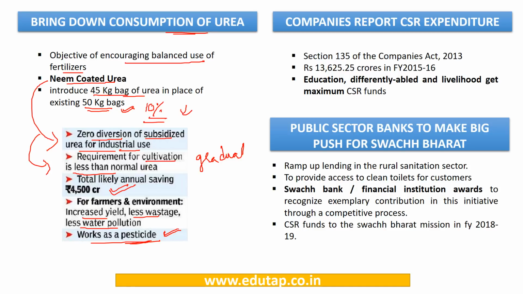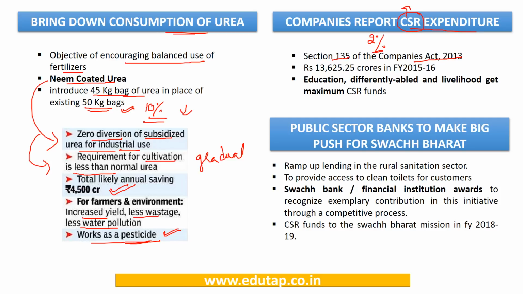The next news is about the CSR expenditure. Here CSR means corporate social responsibility. These are the responsibilities which big companies, or normal private companies, have towards the society from which they have their resources. According to section 135 of the Companies Act 2013, all the companies are mandated to spend 2% of their net profit towards CSR